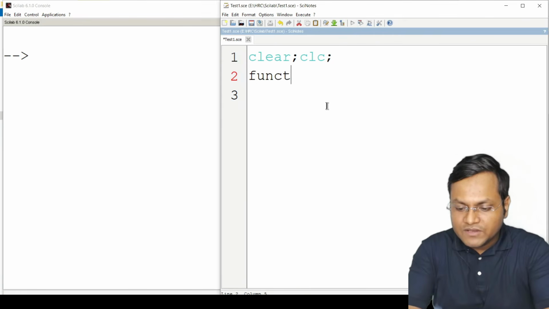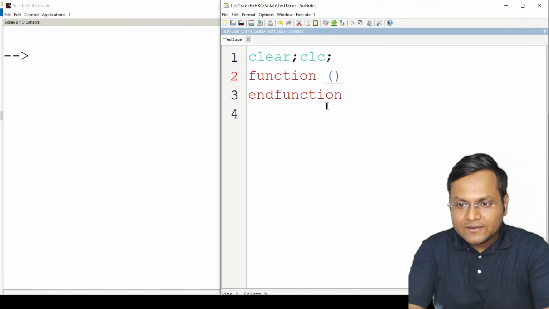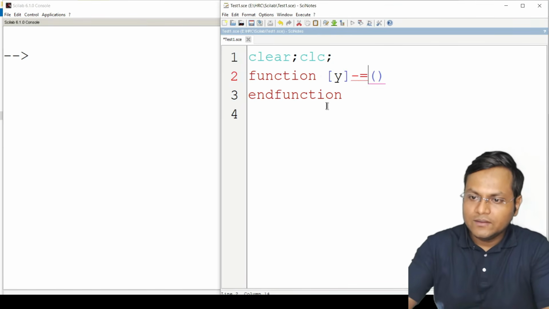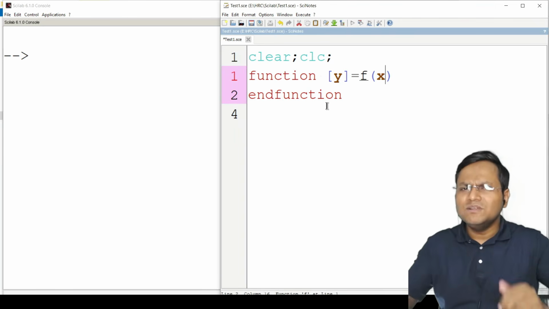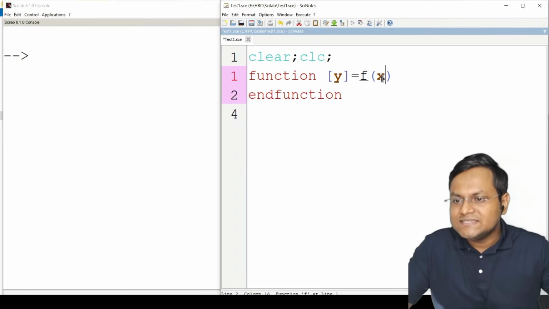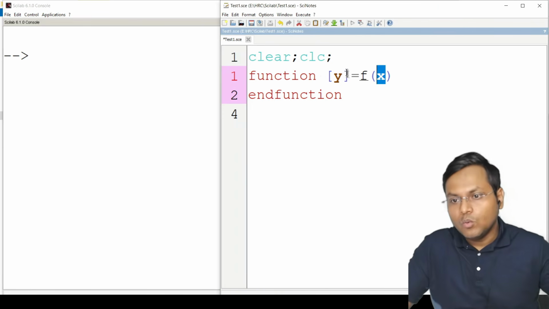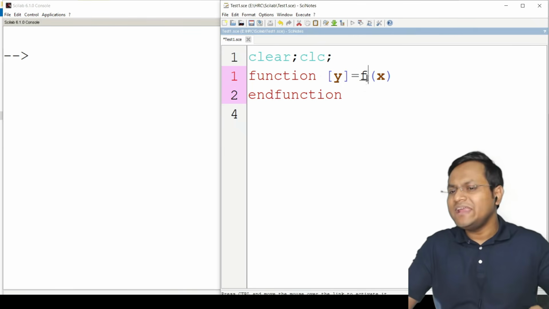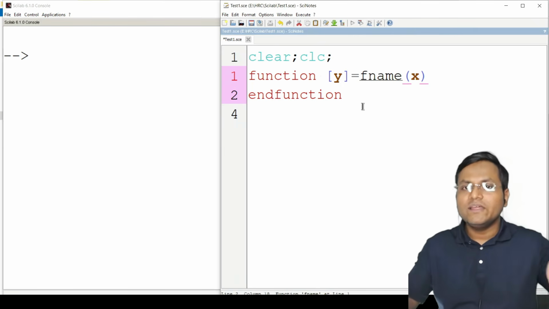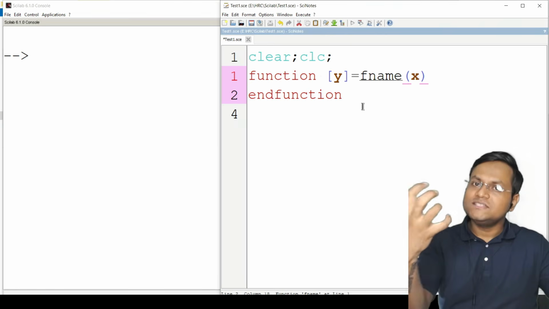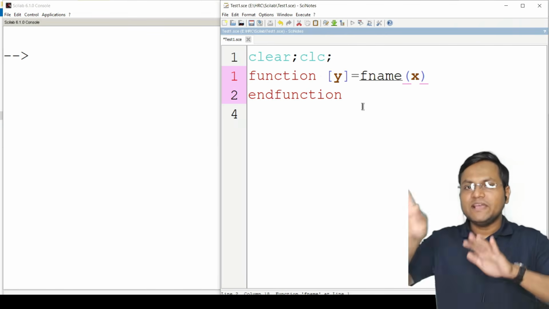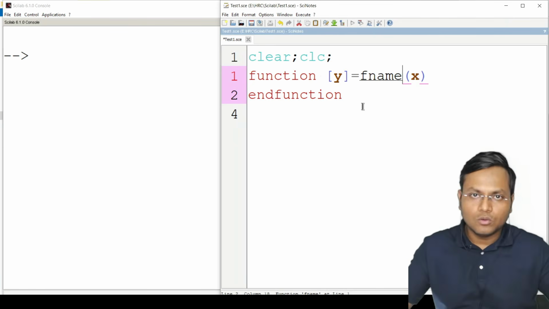You just type function and let's suppose you define the output and the input. Let's suppose y equals f of x. I'm going to use the common symbols here. What is x? x is the argument or the input. What is y? y is the output. What is f? It's the name of the function. You can write anything here. You can say fname or whatever. And the moment you call this fname, that function will be called,